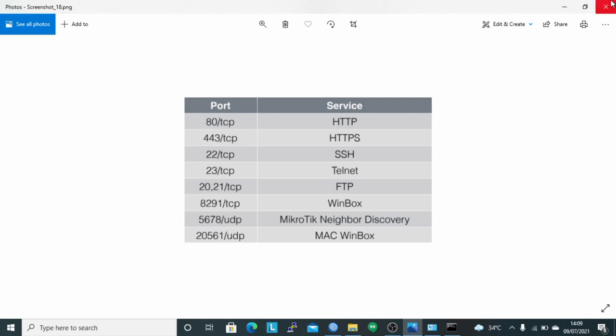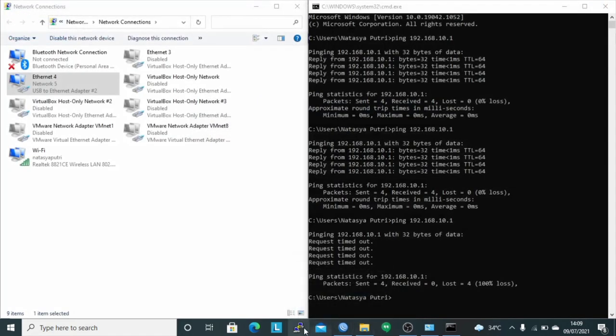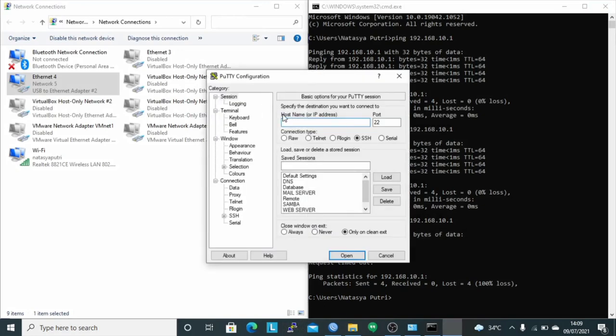And first, open the PuTTY configuration and remote the router by using Telnet in the PuTTY application. Here, type the IP used by the router, namely 192.168.10.1.